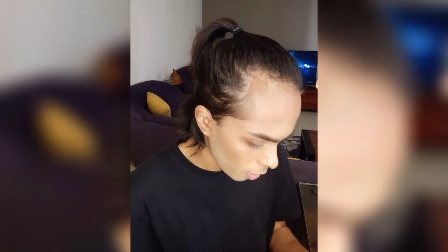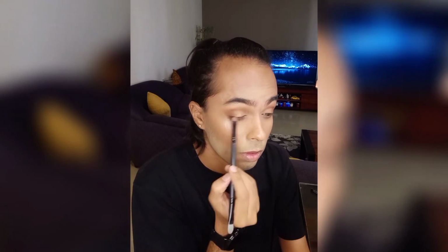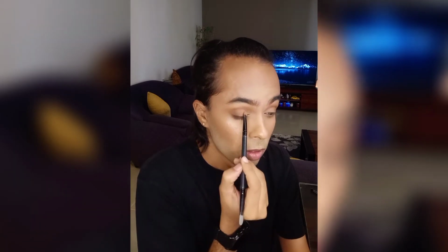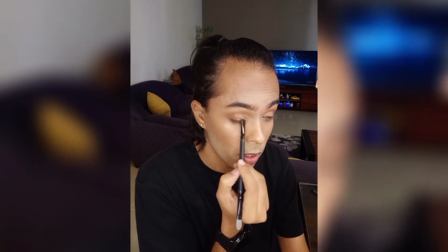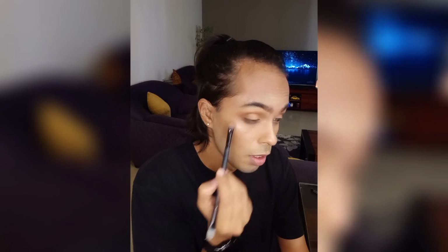Now I'll be using a little bit of a bronzy gold color on my eyelids. If you want to intensify the color, you can always spray setting spray on your brush and then dip it into the product. So as you can see, it gives you a very nice little copperish gold color,